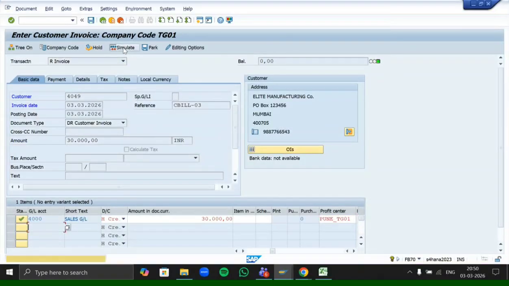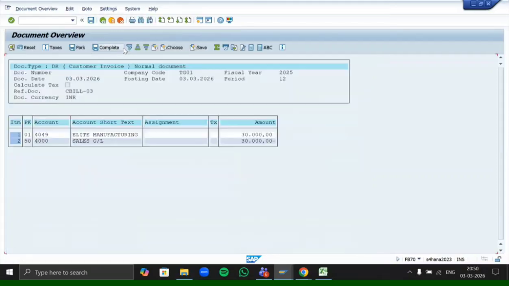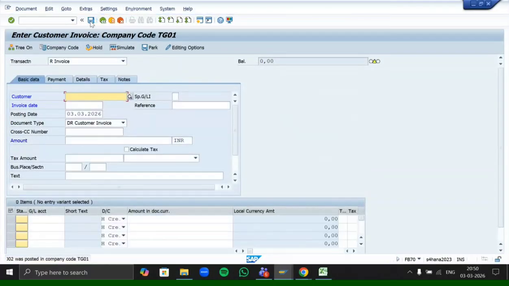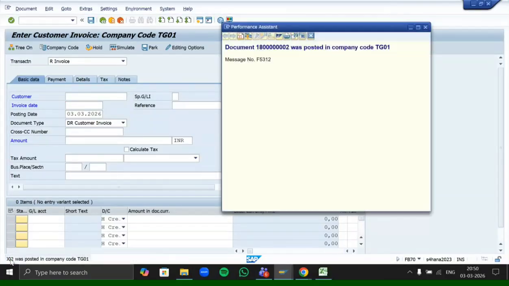Simulate is just a preview before posting. So Elite Manufacturing Company got debited with 30k and sales GL got credited with 30k. All other details will remain as it is only. There is not a single change over there. And post it. So here you can see one document number is generated as 1802.